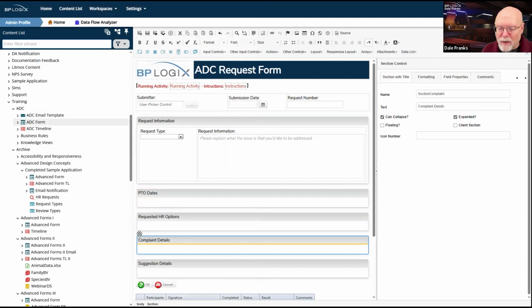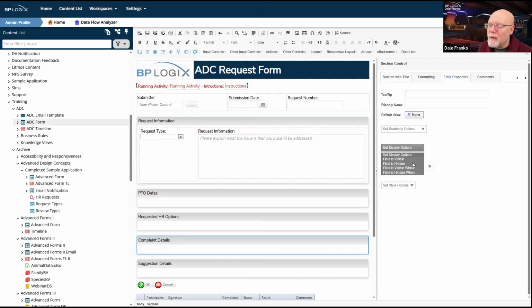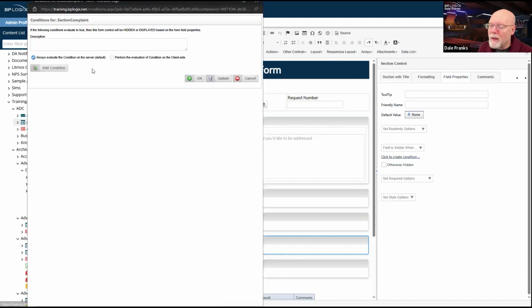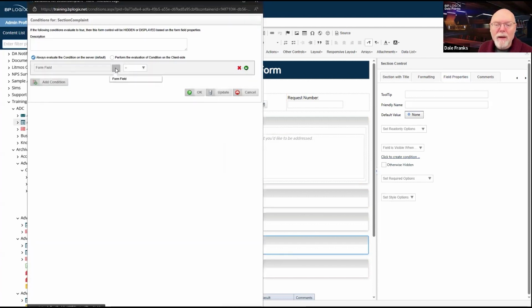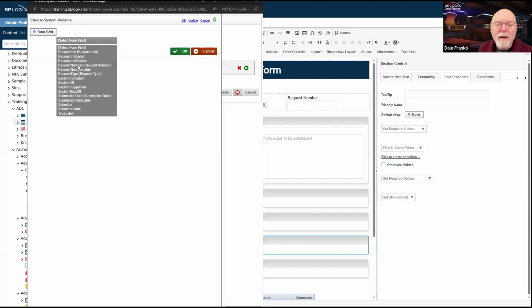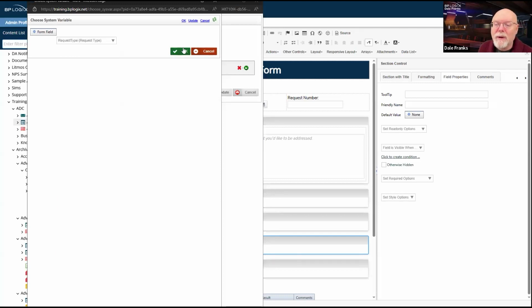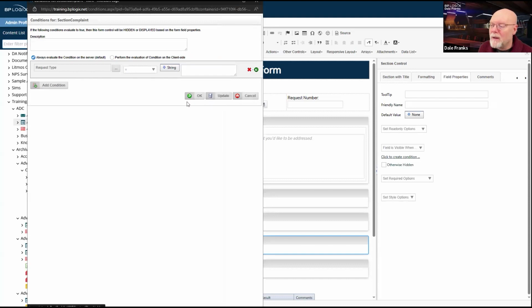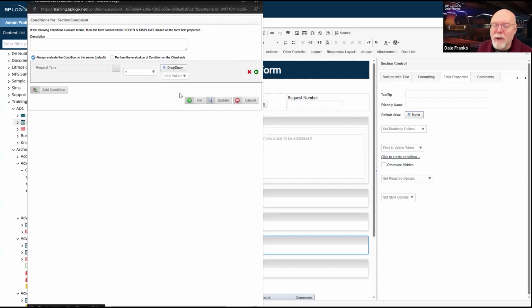And we can go to complaint details, do the same thing. Field is visible when. Request type. And this is complaint, I believe.